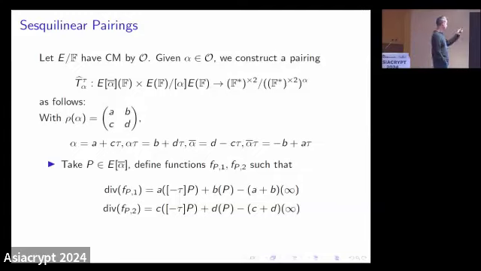And we can then just construct this pairing. We don't yet have a pithy title for what this pairing is, but let's just refer to it for now as T hat. So what we do is we have our left regular representation of our order, represented by this 2 by 2 matrix, and taking some point P in the alpha-bar torsion of E, we can define the following functions, f_P1 and f_P2, by requiring that they have these two divisors. So we construct those functions,